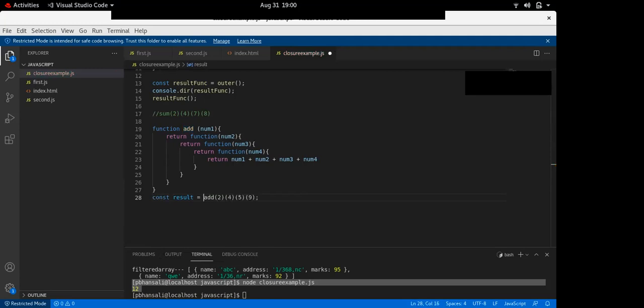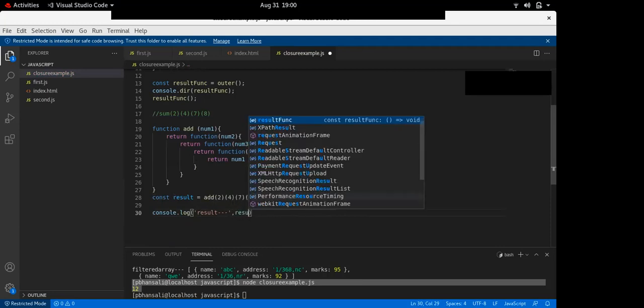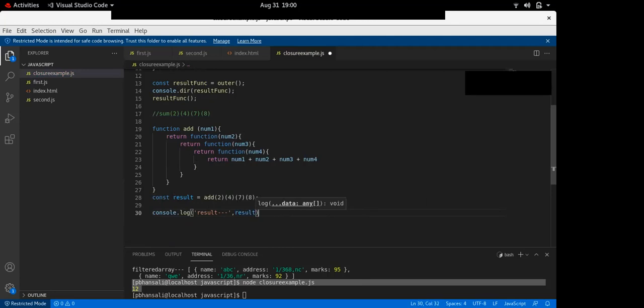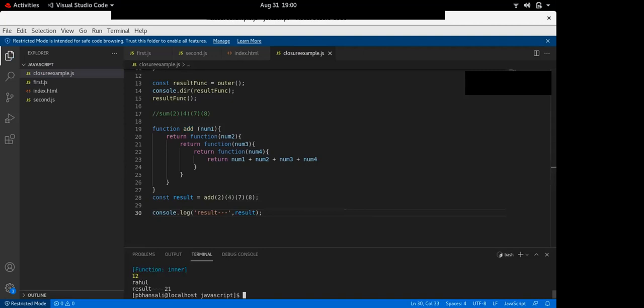I am just giving any random numbers, that is not an issue. And when you print this result, you can see 21 is coming. 8 plus 7, 15, 15 plus 4, 19, 19 plus 2, 21.